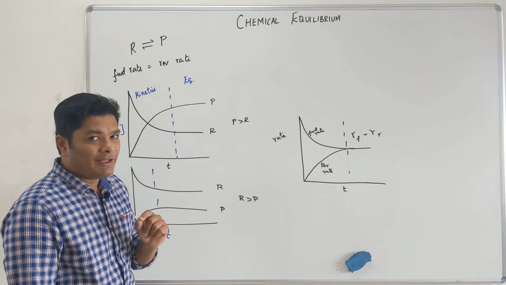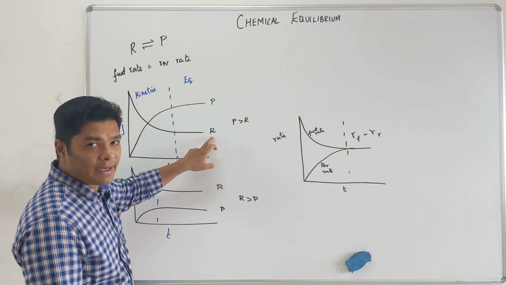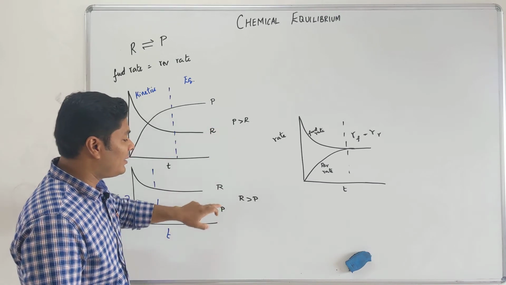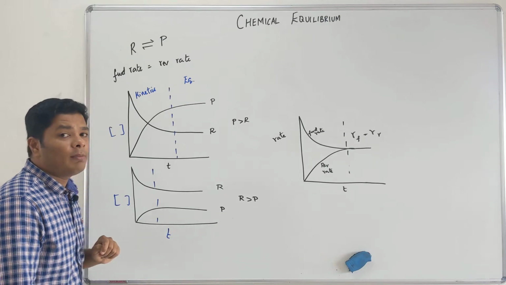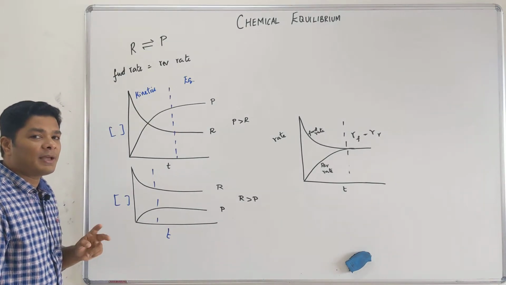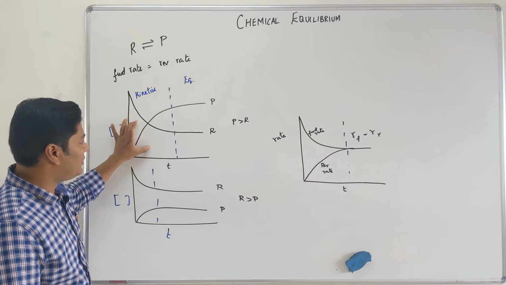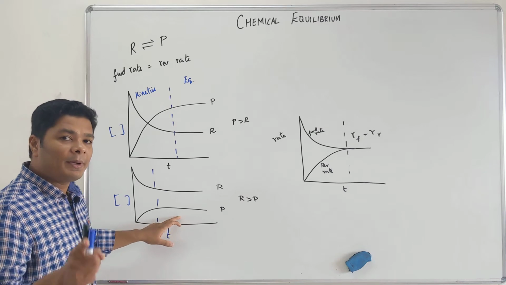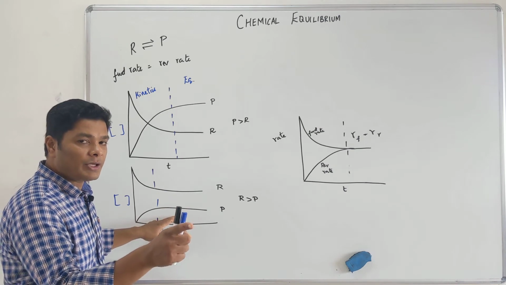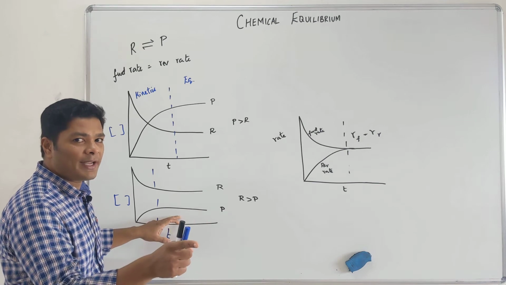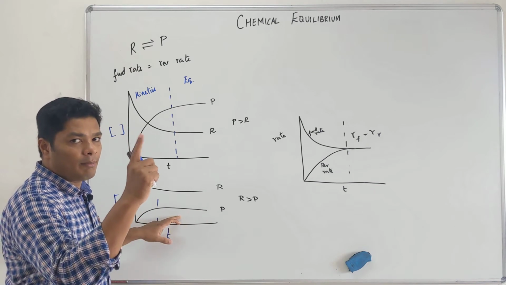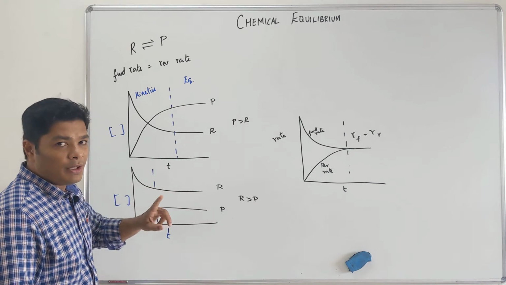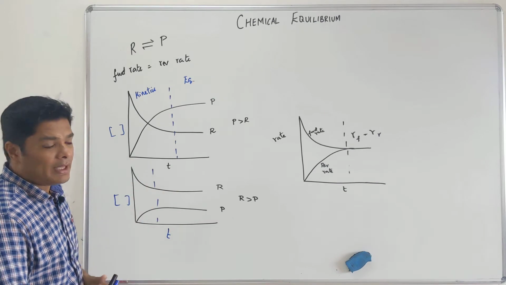Now one thing is not always true, you cannot say that product is always greater than reactant. Okay. Whether product is greater than reactant or reactant is greater than product will be determined by an equilibrium constant. Okay. And the equilibrium constant will change with temperature. Same reaction, if you change the temperature, it can change like this. Okay. Because temperature changes capital K, the equilibrium constant, which is basically the ratio of product over reactants. Okay. If the equilibrium constant increases, it means products increase; if the equilibrium constant decreases, it means products decrease. So you can end up with each of them.